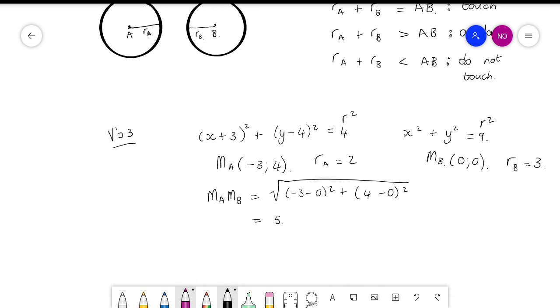Good? And you see these two are equal to one another. So because the radius of A plus the radius of B is equal to the distance between the midpoints, we can deduce that they